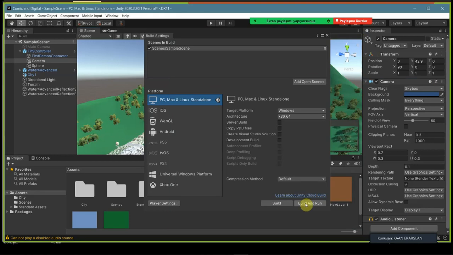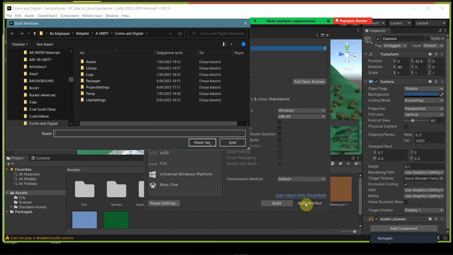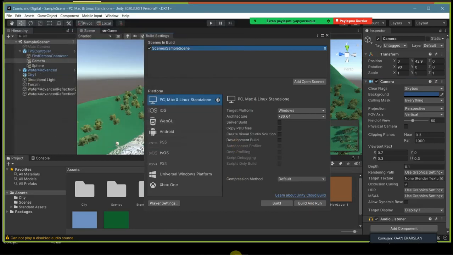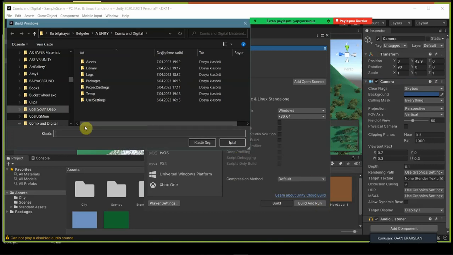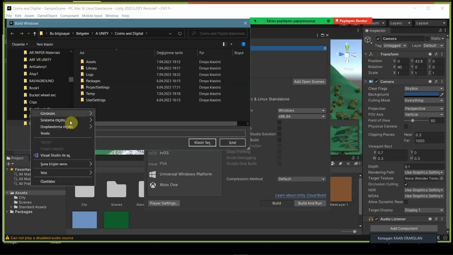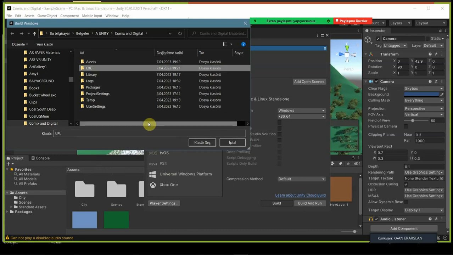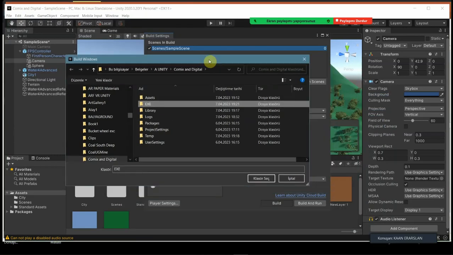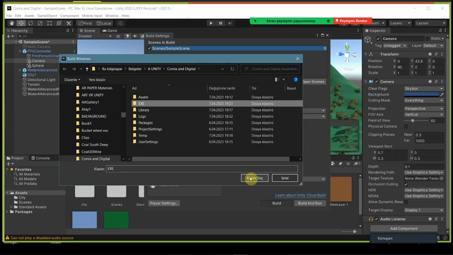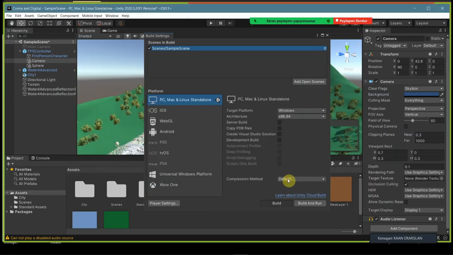Okay, after that, you will say build and run. I don't know if I should say run or not. When you say build, of course, I will not run it. It requires the name of the subfolder. So you should open a new folder, maybe exe or whatever you want. When you choose this subdirectory, it will start to generate the executable file and surrounding files and subfolders. I will not do it because it may take maybe 5 minutes and maybe more. Instead, I will show you